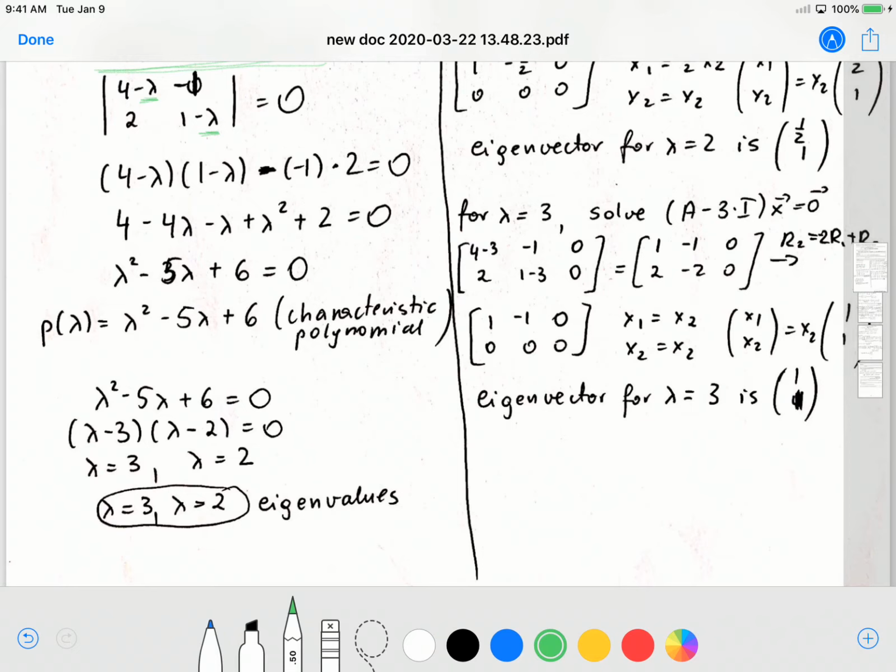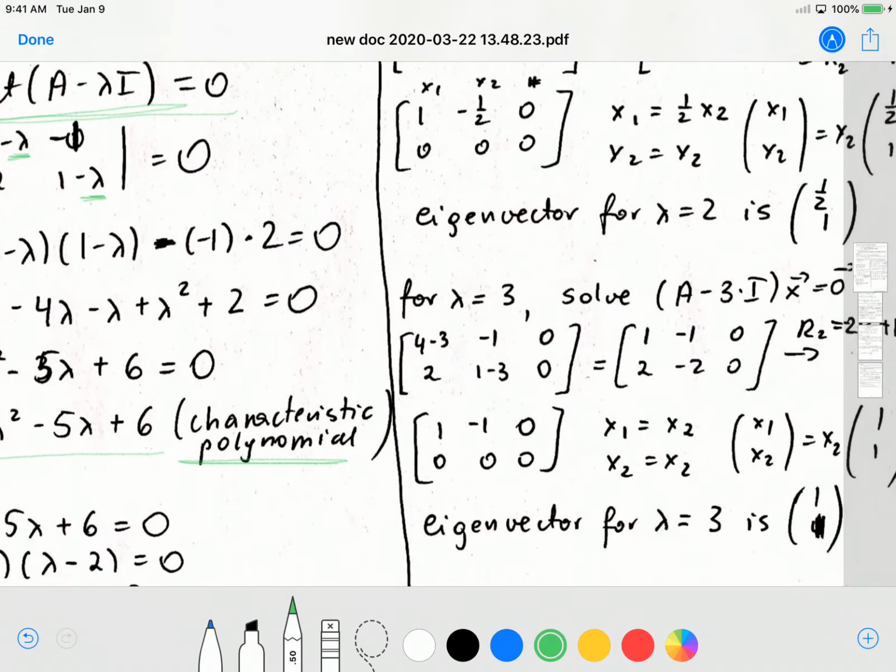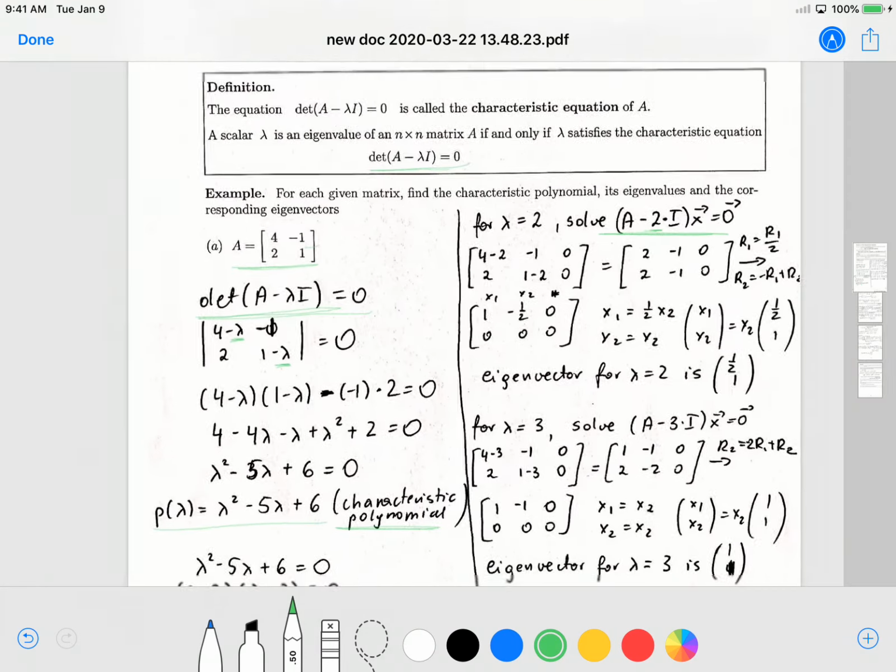The polynomial that creates the equation is called the characteristic polynomial: lambda squared minus 5 lambda plus 6. And when the characteristic polynomial is 0, the solutions to that equation give us the eigenvalues. So eigenvalues for the given matrix are 3 and 2. Then we need to find eigenvectors corresponding to each